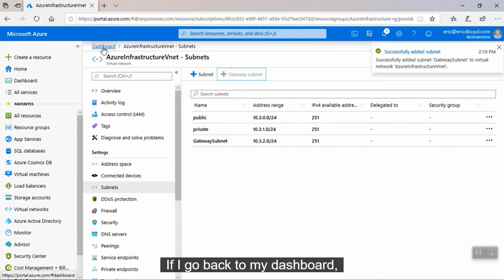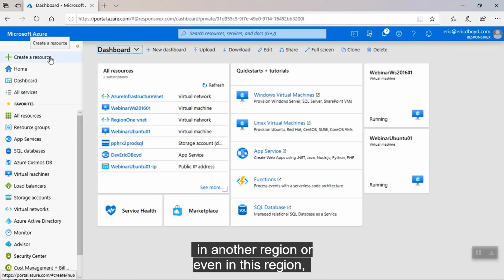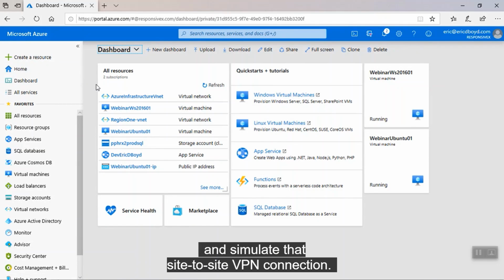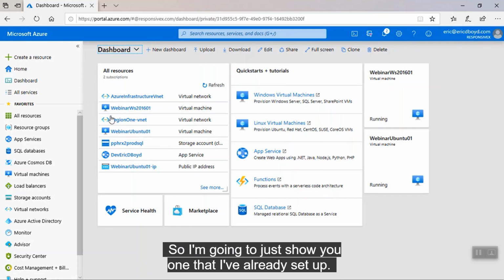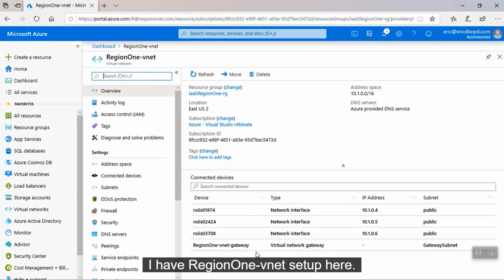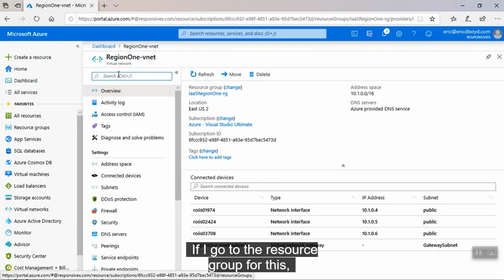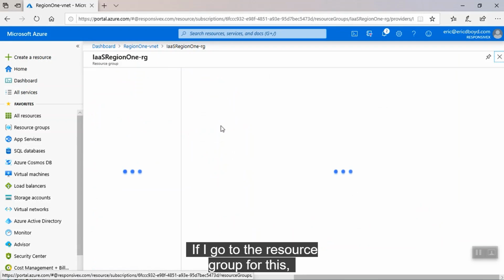If I go back to my dashboard, I could create another network in another region or even in this region and simulate that site-to-site VPN connection. And so I'm going to just show you one that I've already set up. I have region 1 VNet set up here, and you'll notice I have a few things in that address space already. If I go to the resource group for this,